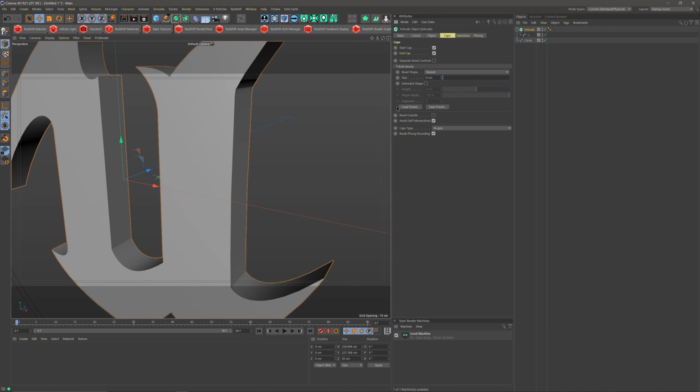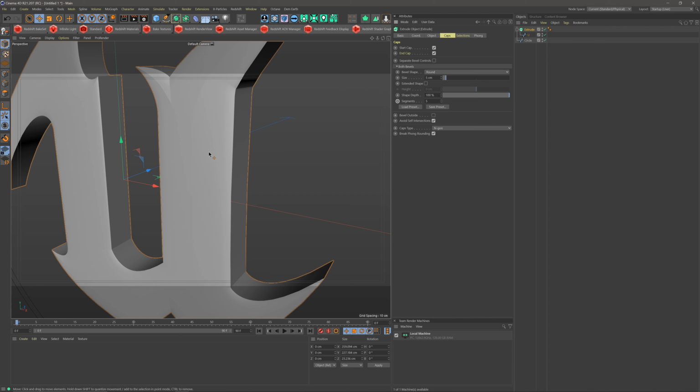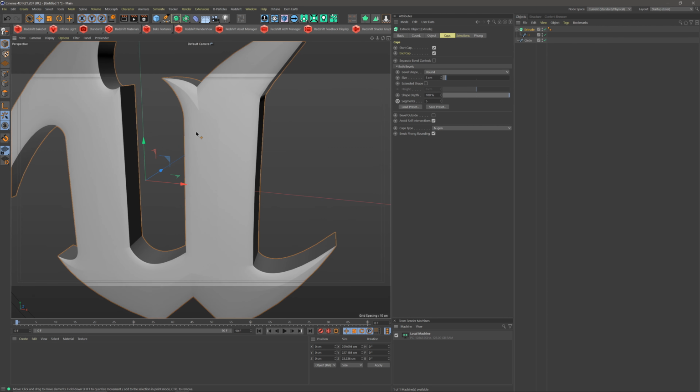And down here in version R21 and up, we actually are able to load in some presets now, which are pretty nice. So I'm going to click on load presets here, and I'm actually going to use this one right here. So the basic rounding, I'm just going to click on this, and you can see that it extruded it a little bit here. If I come over to my display, then come down here so we can see the lines and everything, you can see that we have a nice little bevel in here,